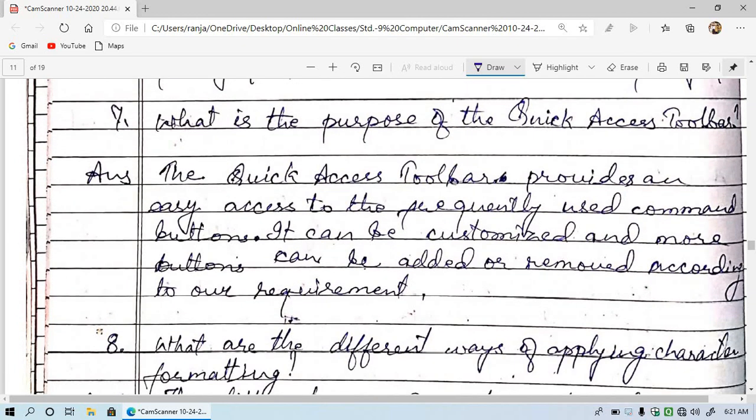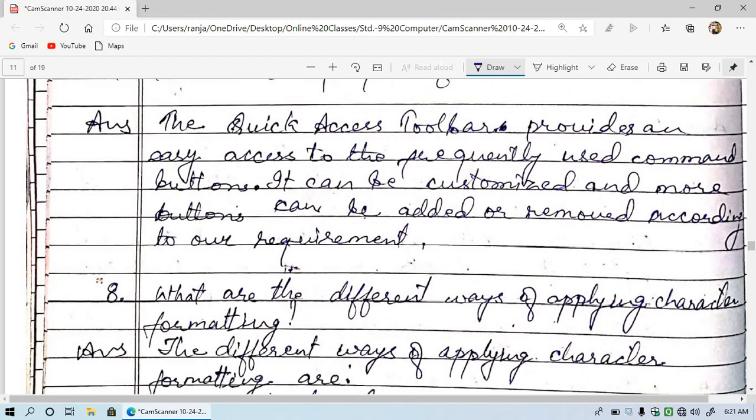Now question number 7. What is the purpose of the quick access toolbar? The quick access toolbar provides easy access to the frequently used command buttons. So there are command buttons like cut, copy, paste, save. These are the command buttons by which we can do a lot of operations in MS Word.